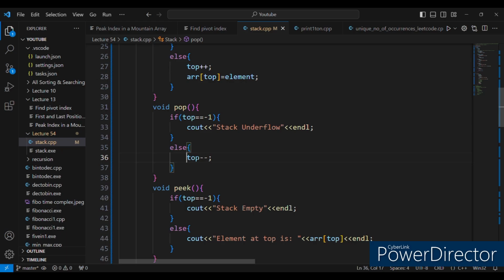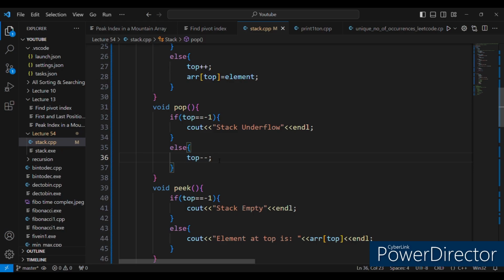So why are we decrementing the top over here? Because we don't want to keep track of that element. That element will be there, but when we decrement, the top will be pointing to the other element, and for us that particular element will be the top of the stack, and no other element will exist in front of it. It would be present, but our top will point only to the position which for us is the top of the stack. And whenever we want to push an element, top will be incremented, and 22 will be there, but we